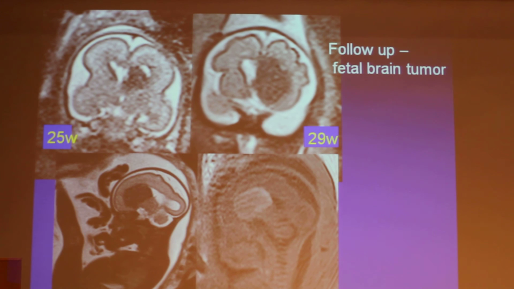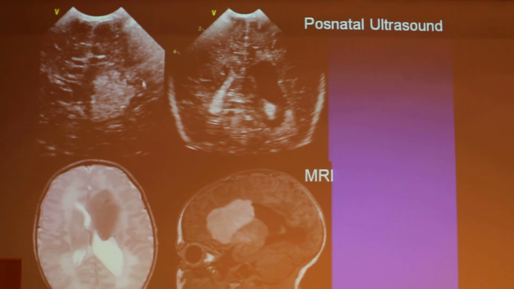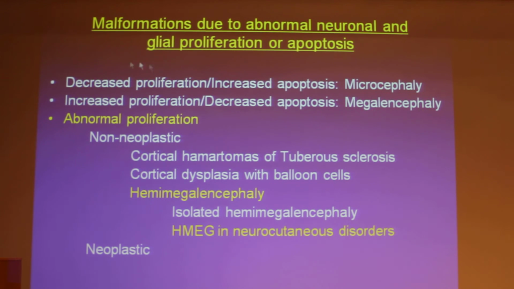It's always important. And actually the cortex was very abnormal, so no one really thought that this fetal brain tumor was in the constellation of a missed cortical tuber, which really gave a much worse prognosis. I think had the mother known that this would be not only a tumor, but a tumor in the context of tuberous sclerosis, the consultation would have been totally different. And postnatally, you can see the tumor, and it was indeed operated afterwards. Okay, so another abnormal proliferation